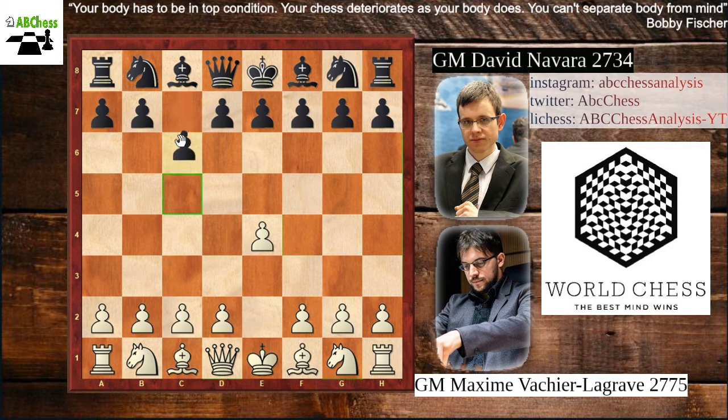David played c6, so this is the Caro-Kann. Maxime played knight to f3, and then we have d5. This is not the main line. The main line goes with the move after e4 and c6, d4, d5, and then white can choose between knight to c3 or e5. But they chose the line with the two knights, so knight to f3, d5, and then